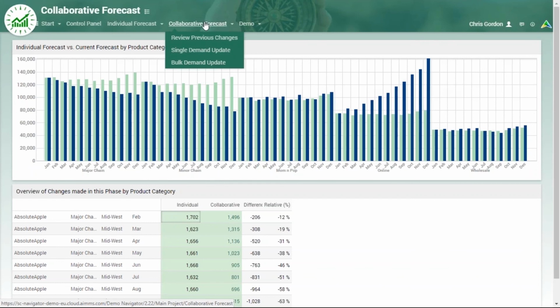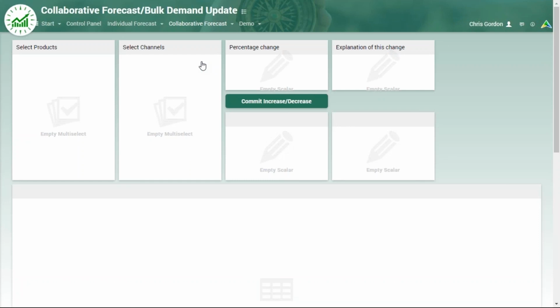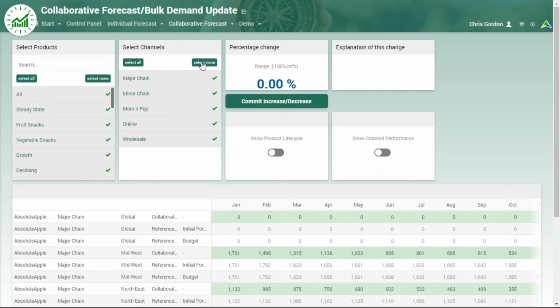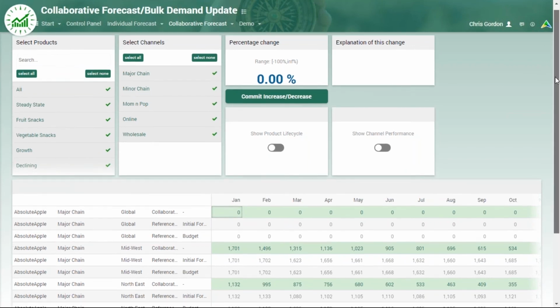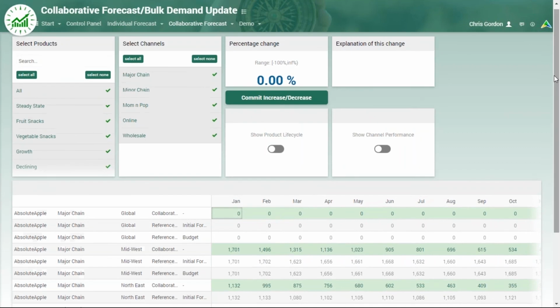So what we see here is something similar, but the situation is different. What you've got at the moment is the first time that the demand teams come together, and they can once again slice and dice the data. In slicing and dicing the data, they're able to make changes to their forecast. Once again, you see the product life cycle come to life